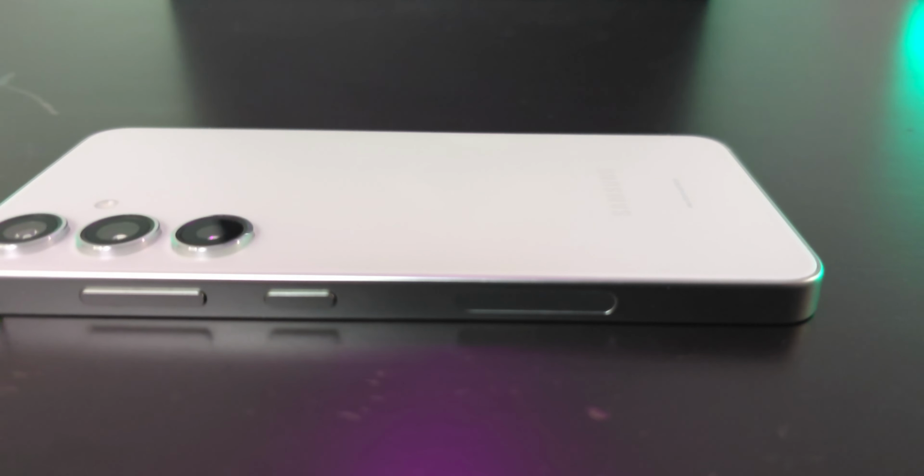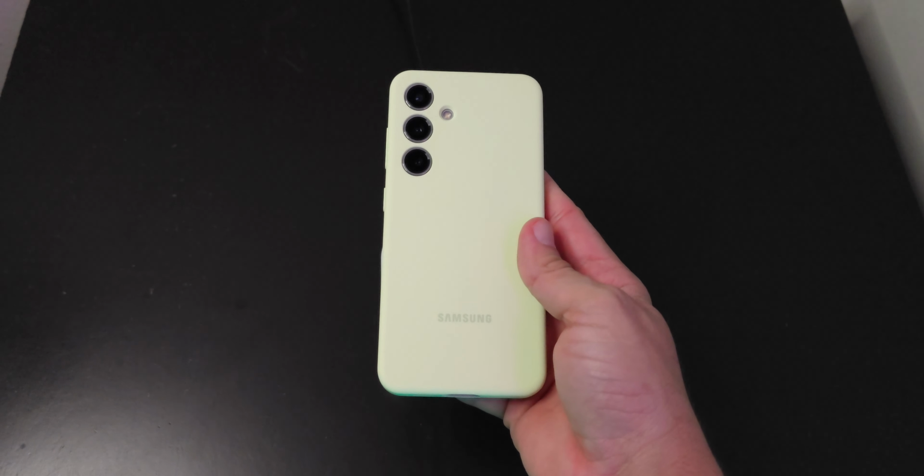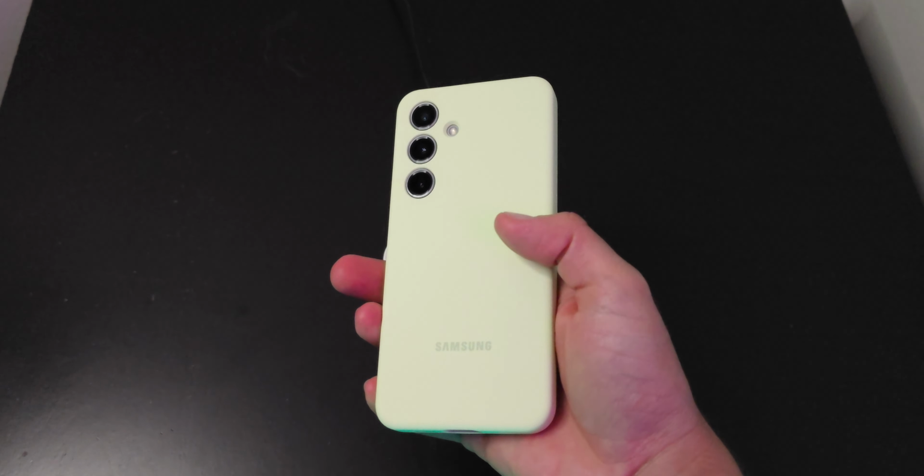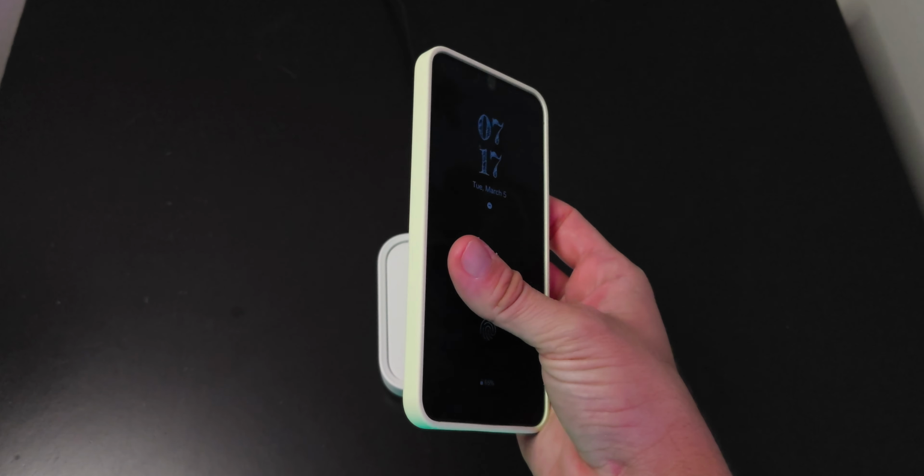My day started at 8 a.m. and just from initially picking up the phone, I'm reminded of how much I love the size. Of course, there are some drawbacks to the small size. For example, it's going to be a smaller battery and there's less room for camera sensors, so it's not going to have the largest sensors of any phone out there. But software has a way of combating the drawbacks, and I'm hoping that Samsung was able to minimize the drawbacks